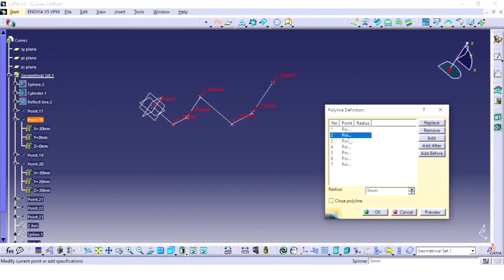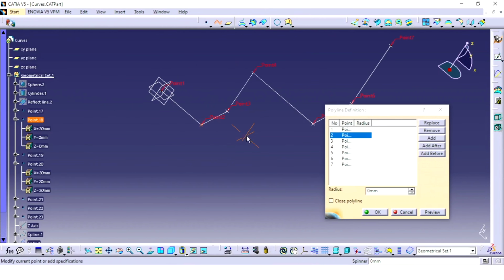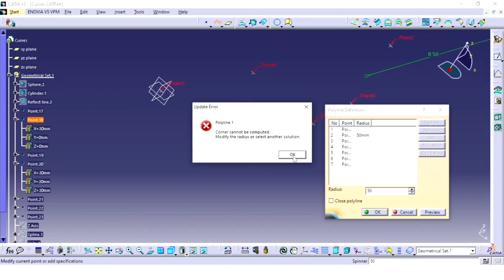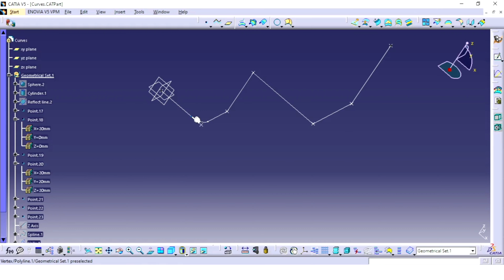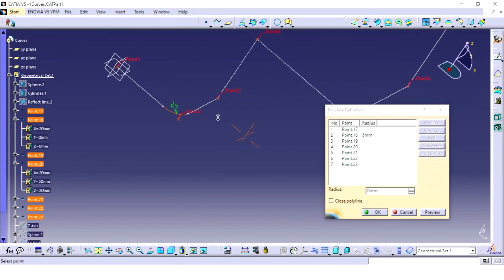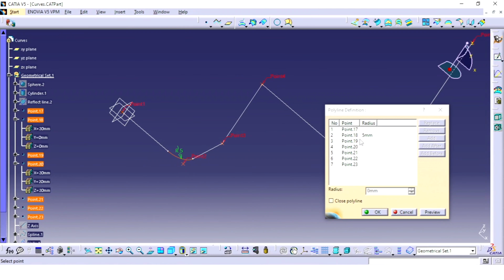In the second one, when I click on the second point, the radius tab is activated. That means I can give a radius here. If I say 5 mm and preview, then you can see a 5 mm radius is created here. Same way we can give radius at all the points. Here 2 mm, 3 mm, here 5 mm again,